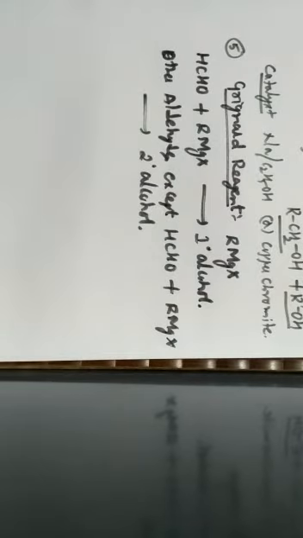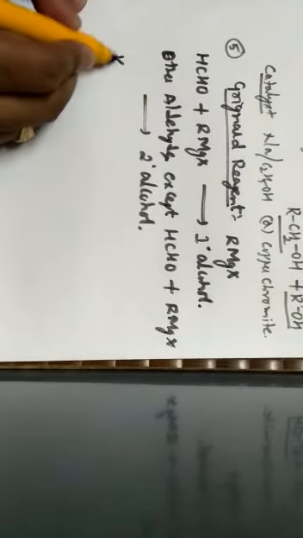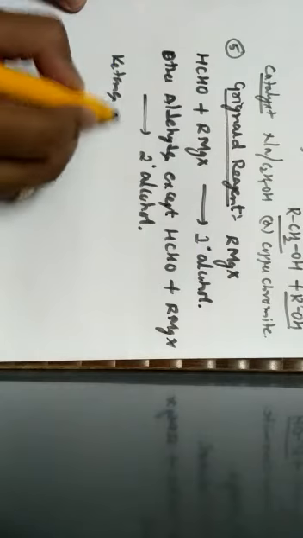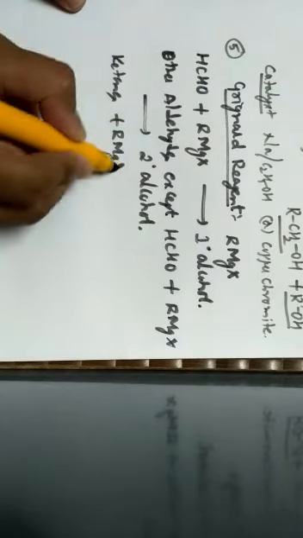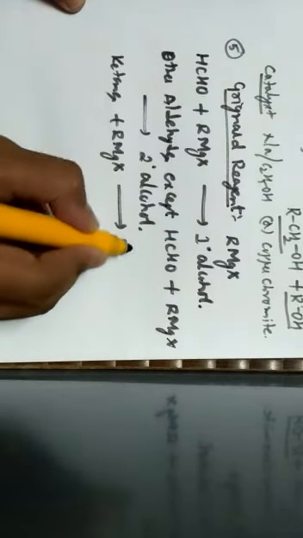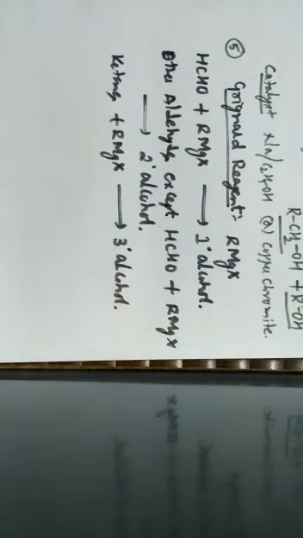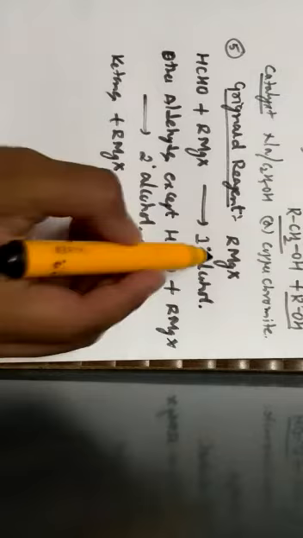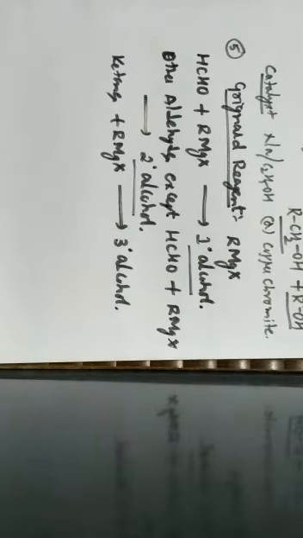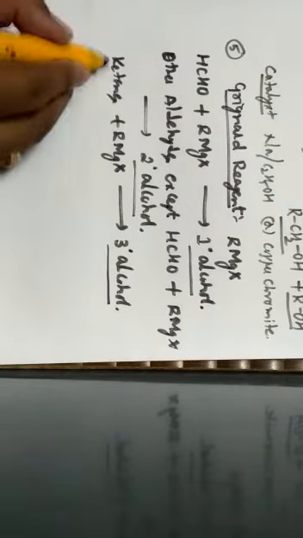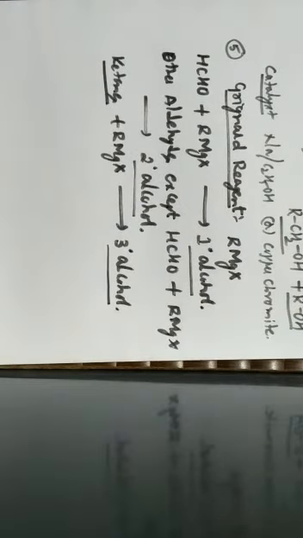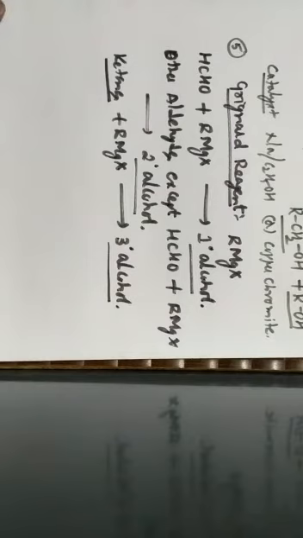secondary alcohol. In the same way, when we use ketones as the reactants, when these ketones are made to react with Grignard reagent, always the product is a tertiary alcohol. So here one should know that by using aldehydes we can get a primary alcohol as well as a secondary alcohol, but a tertiary alcohol can be obtained only by using ketones as the major reactants.